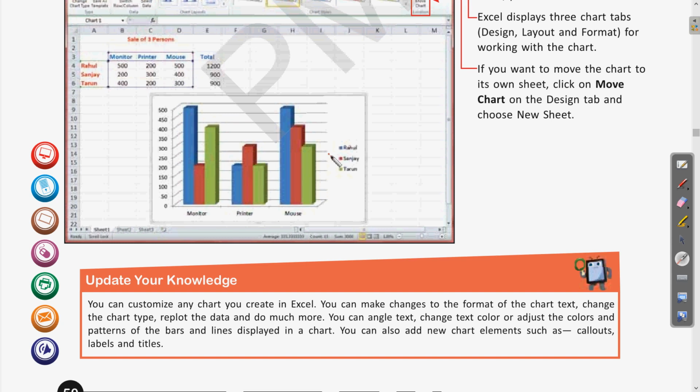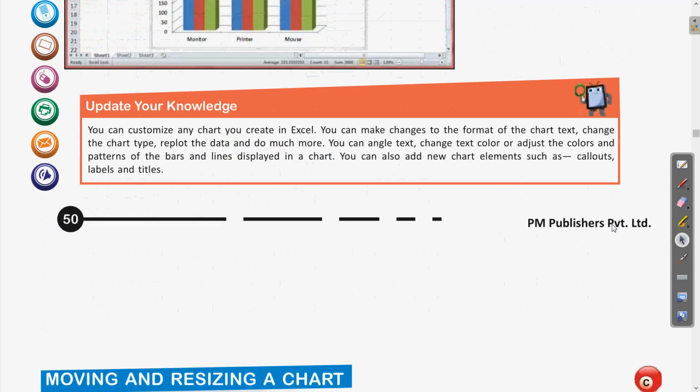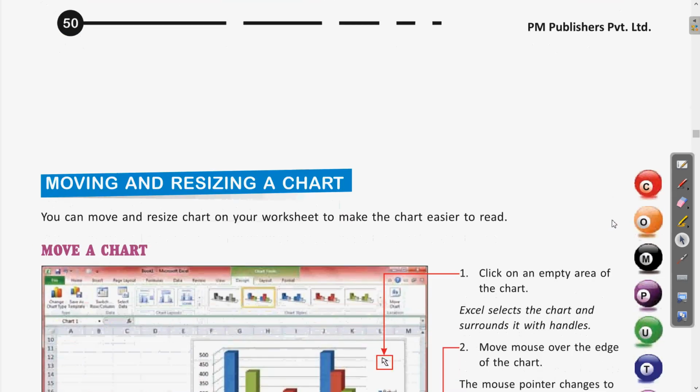If you want to see another chart of the same data, we have the facility: we can change from one chart type to another chart type, and the color and the different other things can be changed and modified. How interesting it is that a single data can be changed into various forms. So let us see what is next.